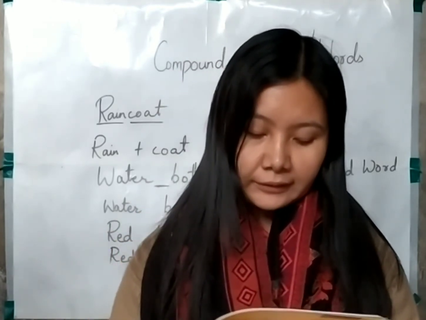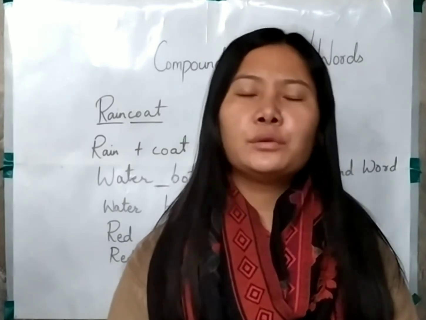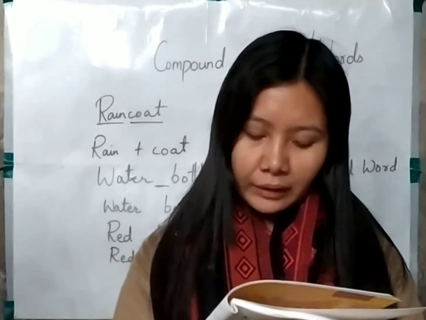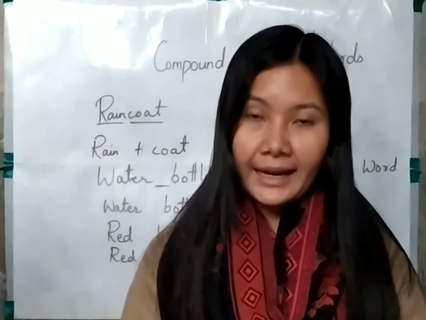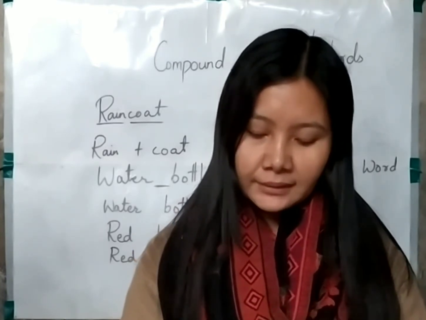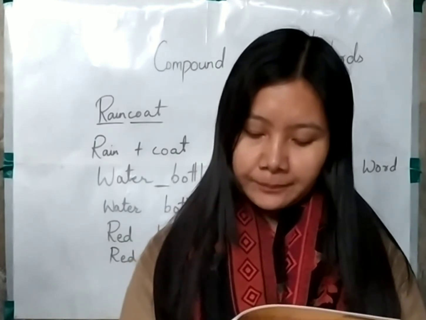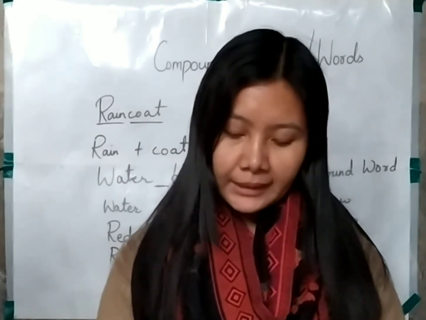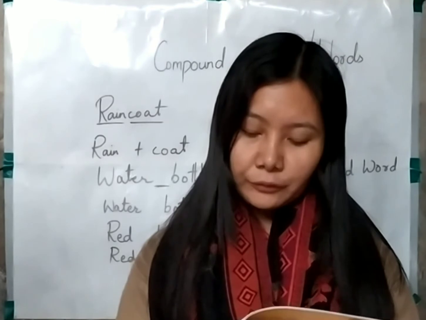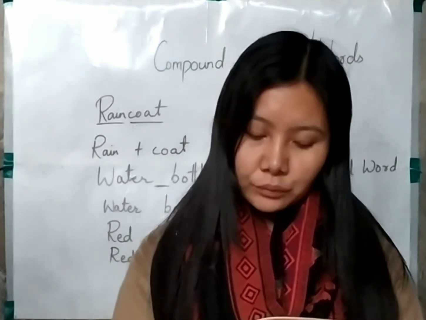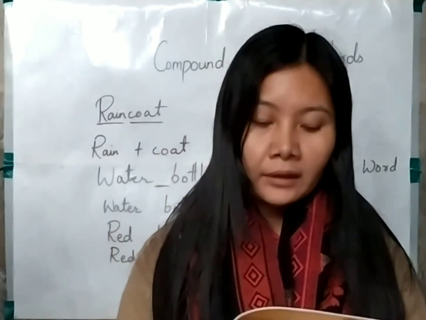In the third line you can see school bus. We are combining two words, school and bus, and there is a space in between. That's why it is an open compound word. Now, how do you make its plural? We make its plural by simply adding es to the word bus. In the next example, bus stop, we form its plural by adding s to the word stop. School bus and bus stop are examples of open compound words.